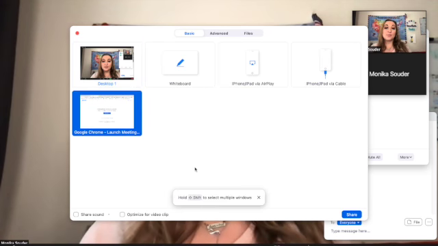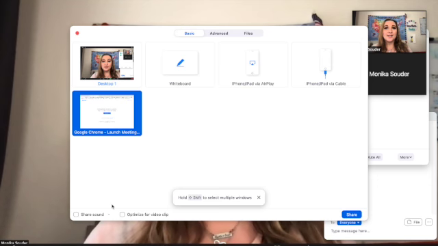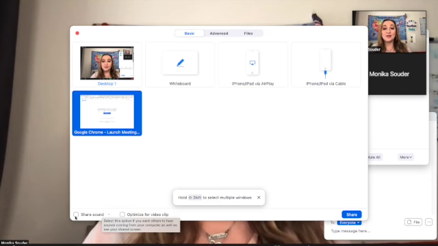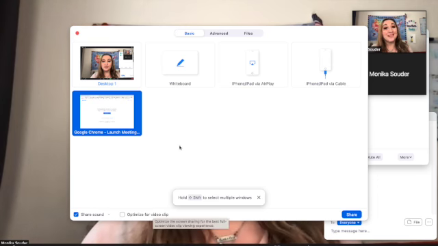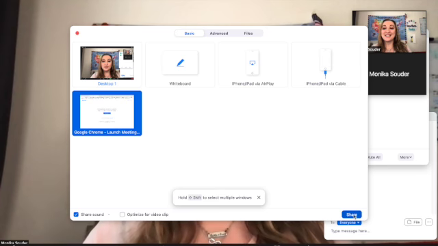Now, let me just point out while we're here, if you have a video embedded in your Google Slides, you're going to want to make sure you have clicked the share sound at the bottom here. Otherwise, they're not going to be able to hear your video. You'll hear it just fine. Been there, done that, but they won't. Okay, so you're going to click on share,